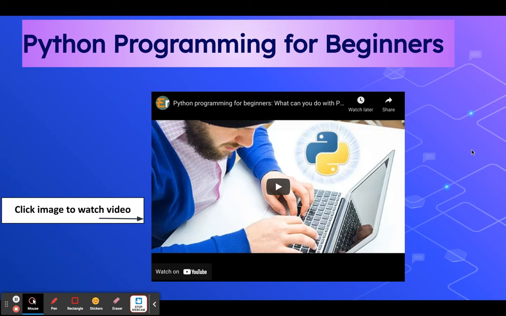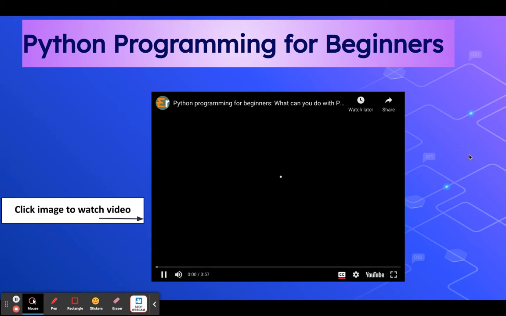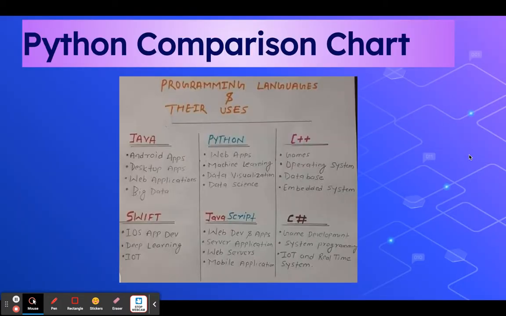Another video, basically piggybacking on what we just talked about, what you can do with Python. Interestingly, this comparison chart between Python, Java, C++, Swift, JavaScript, and C language, you can see the concentration for Python: web apps, and that's the Internet of Things. That's a whole big area.